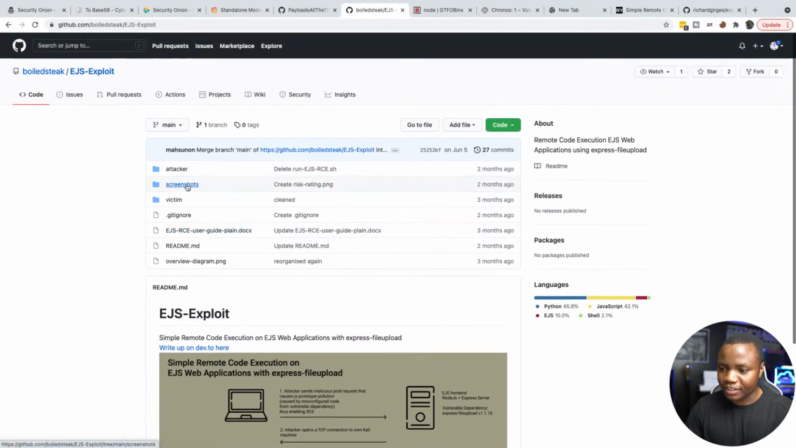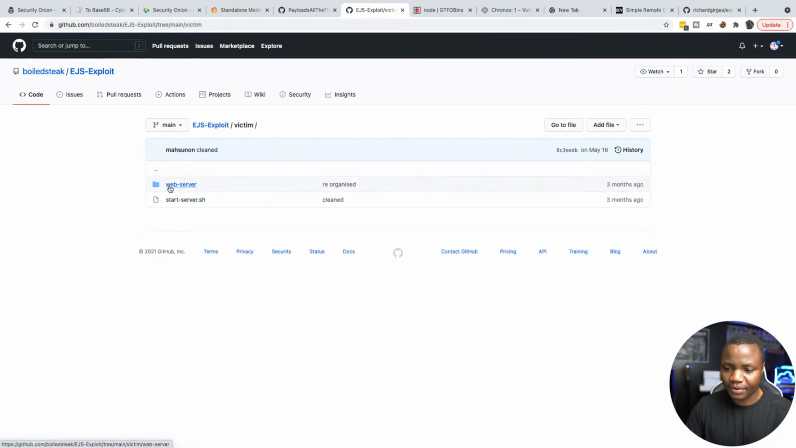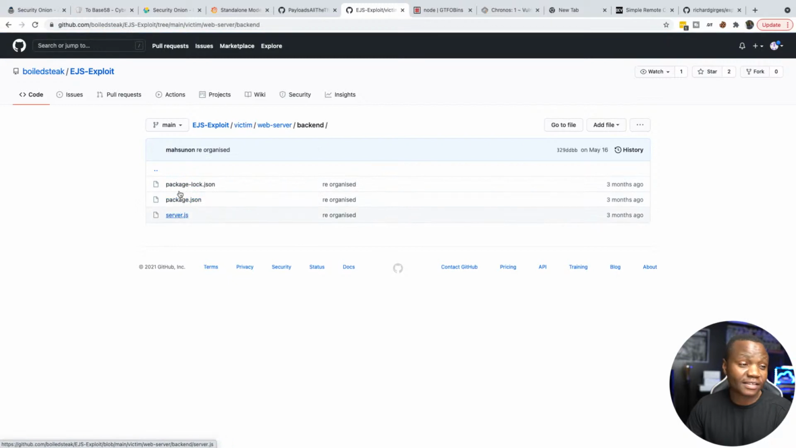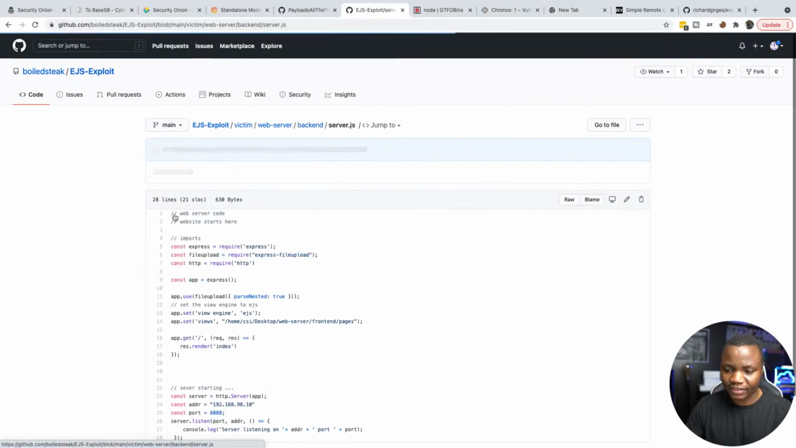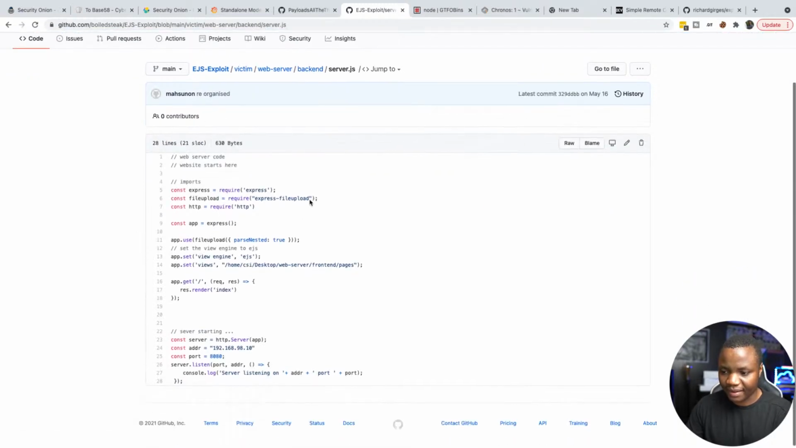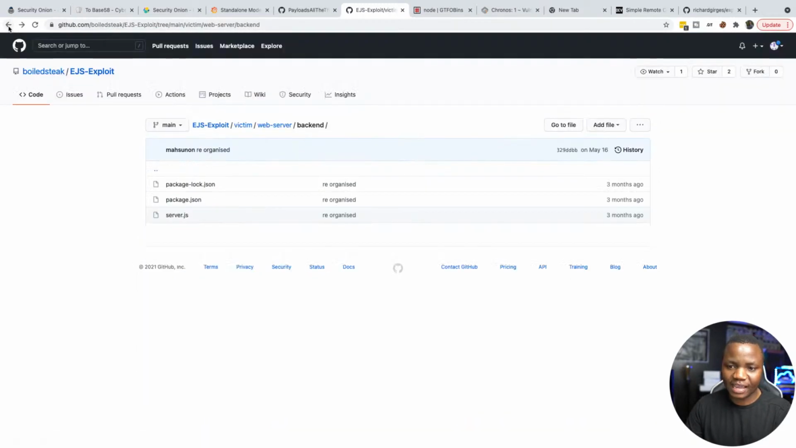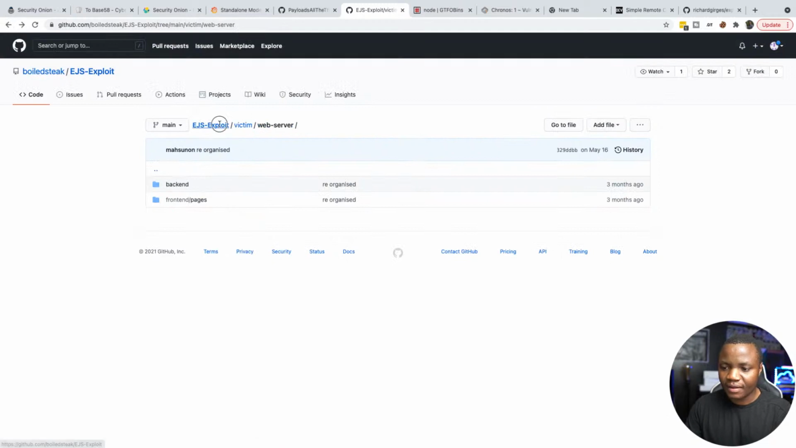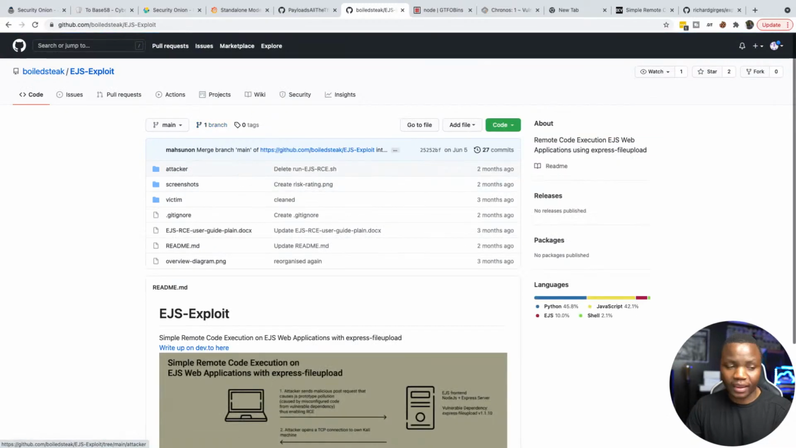And this exploit here does explain it. If you look on the victim tab, we have a web server, we have a backend, and this looks exactly like what we were looking at. The JS does have Express file upload here, so we know we're actually working with the same exact thing. So in the GitHub page for the exploit,